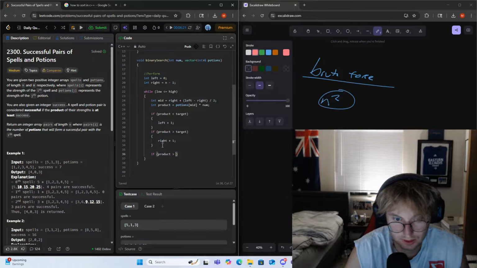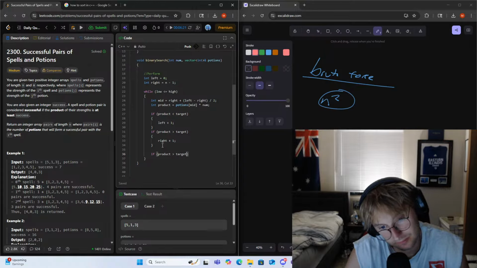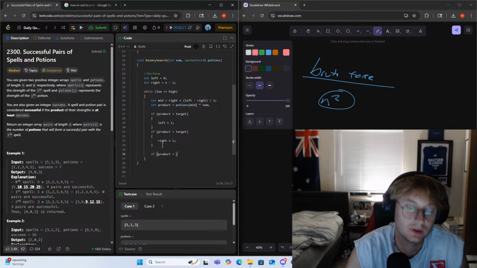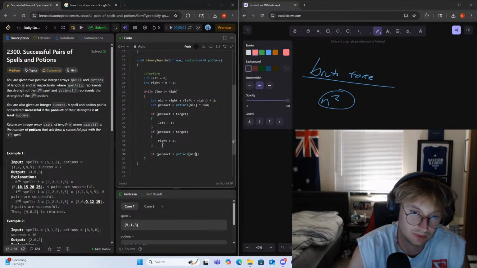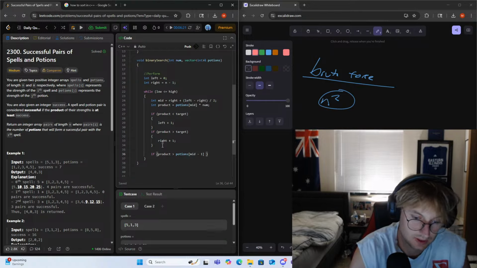We want it to be greater than our product to the left. So we would do target. What would this be? Potions mid -1 and